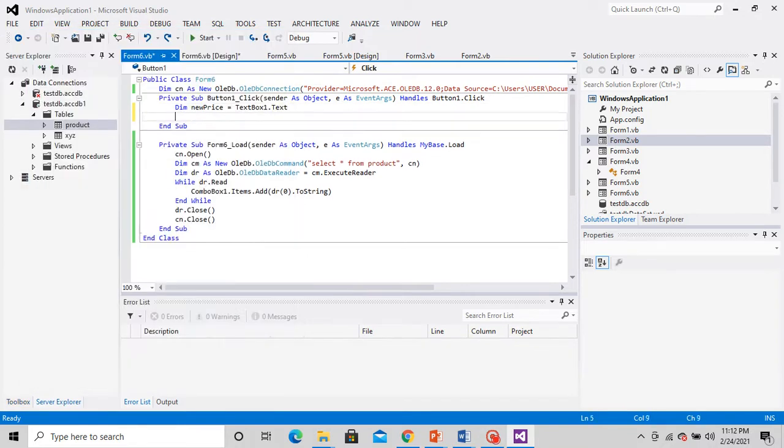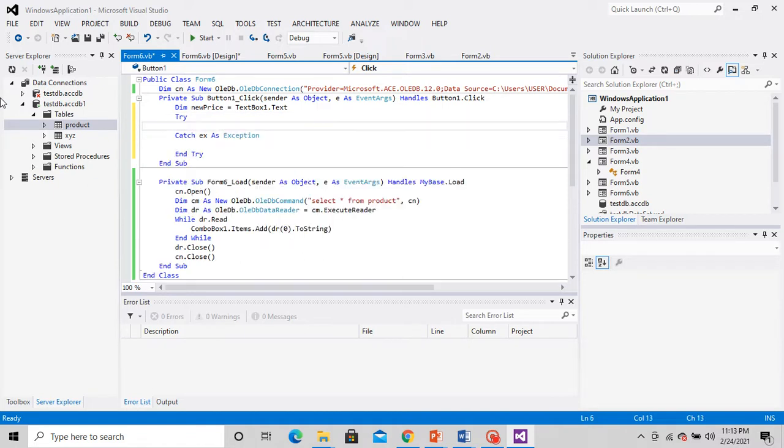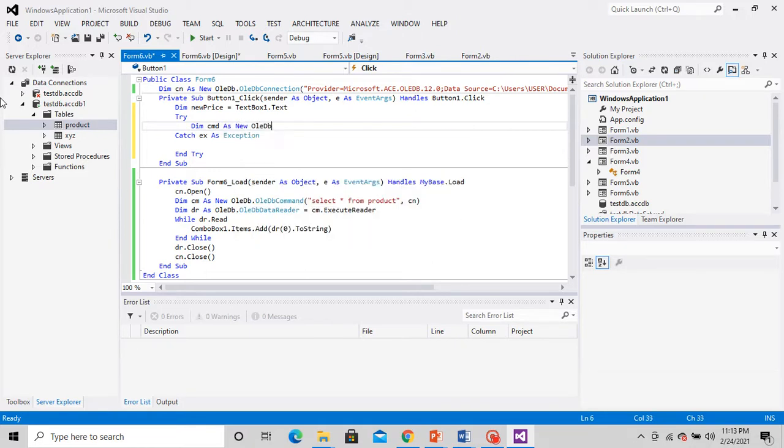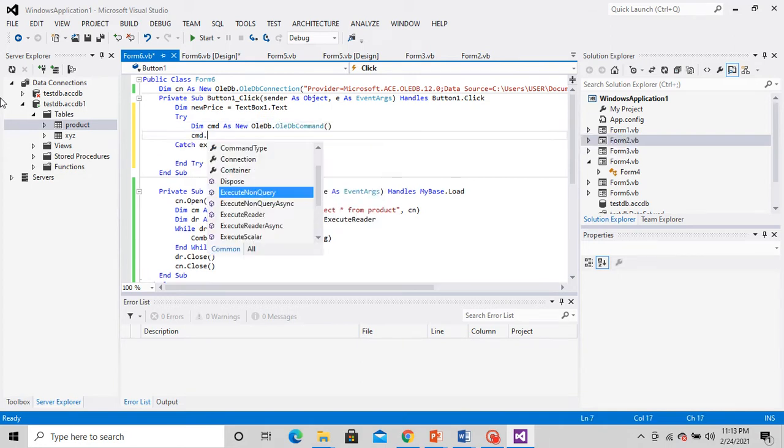Then inside the try block, you write this.